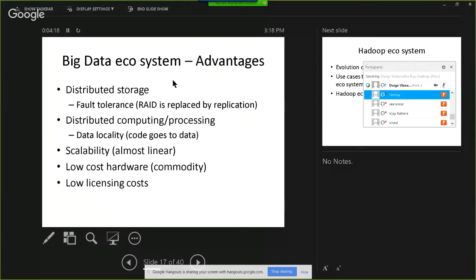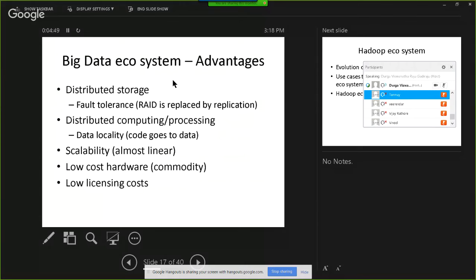And then distributed computing, data locality. Here, code goes to data. When I run a Hadoop jar command or Spark submit job, I do it on one node called the gateway or client node. When I run it, it copies the jar file you submitted onto the nodes where the data exists, and it processes data locally.